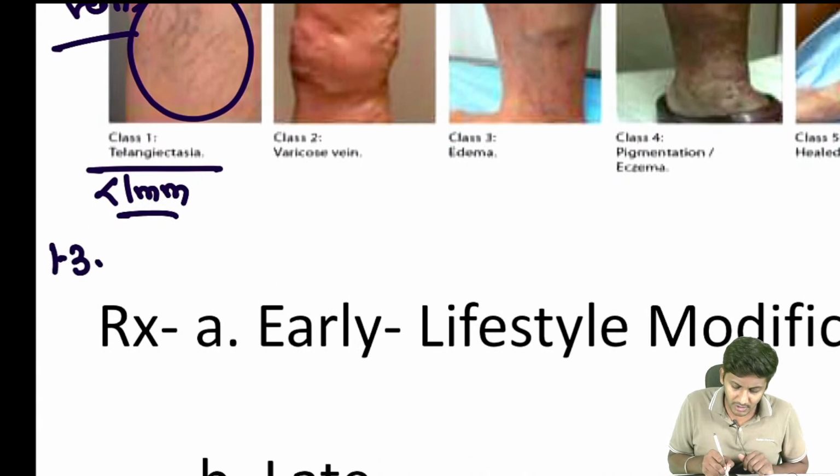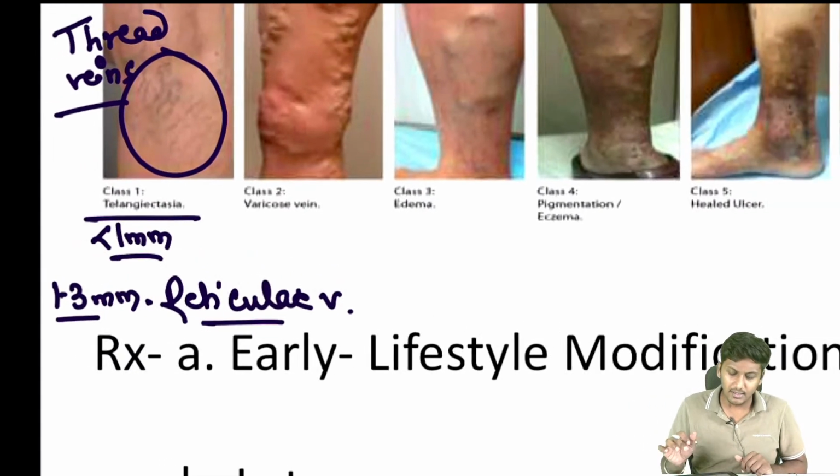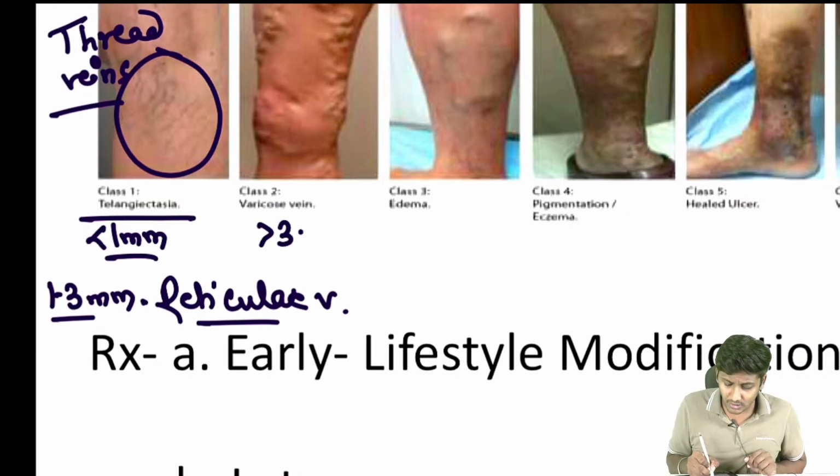When they are 1 to 3 millimeter dilated, these are called reticular veins. Then, if they are more than 3 mm dilated,